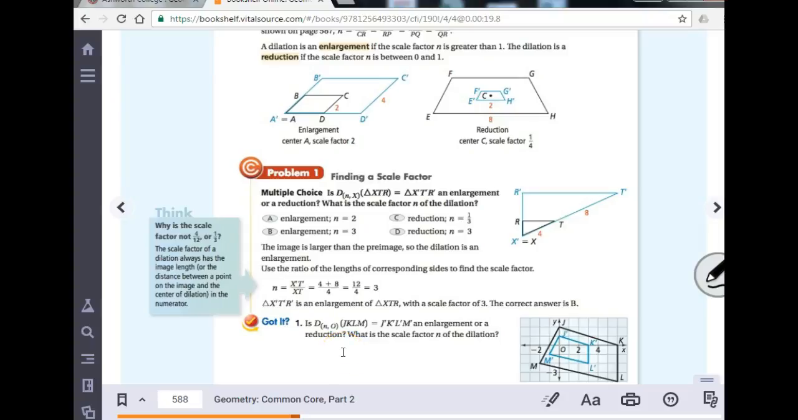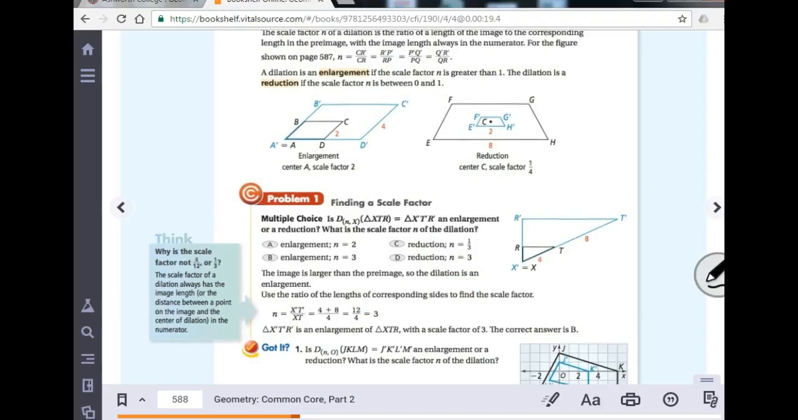Hello, we are looking at lesson 7.6 called dilations. This is found on page 588 of your Geometry Part 2 textbook. In this particular problem, we have to find the scale factor, and dilations, remember,